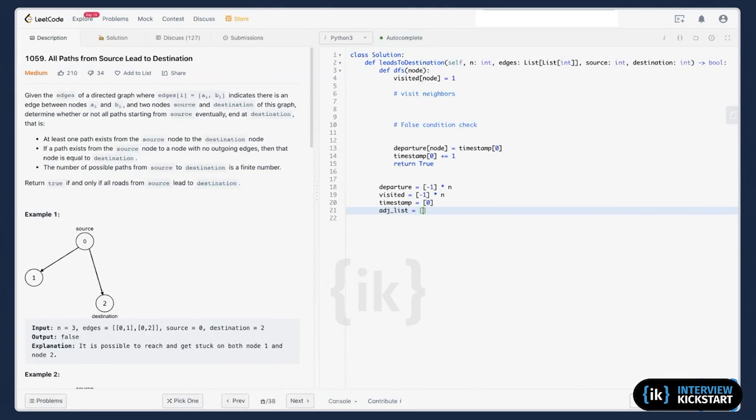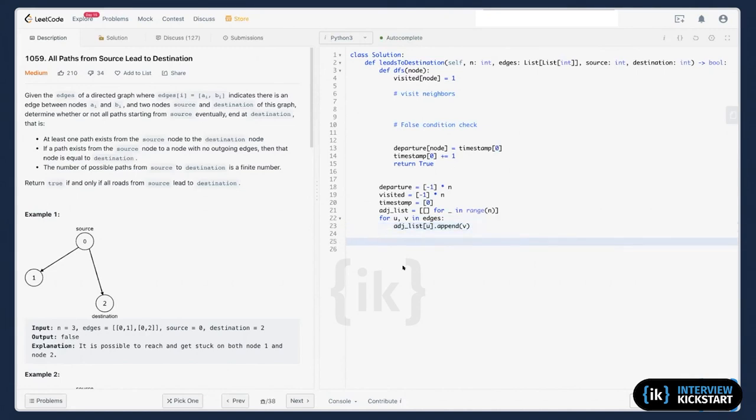So what I can do here is, for each edge u and v, I will just do this.